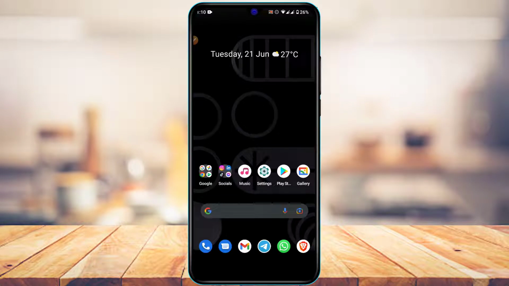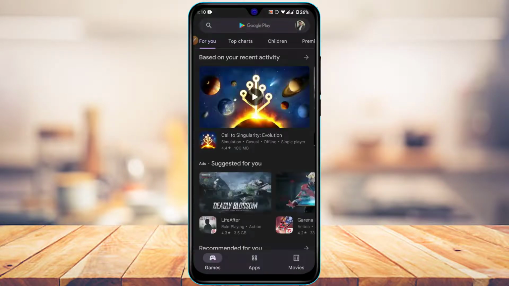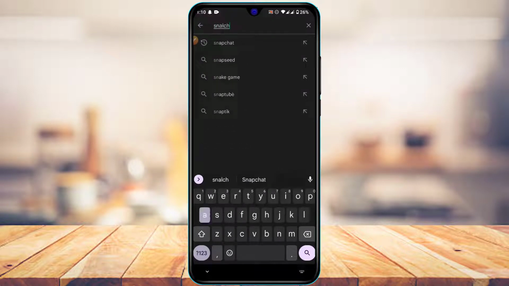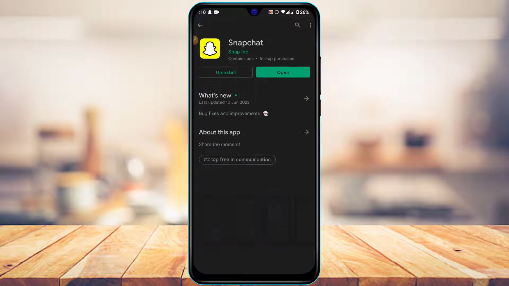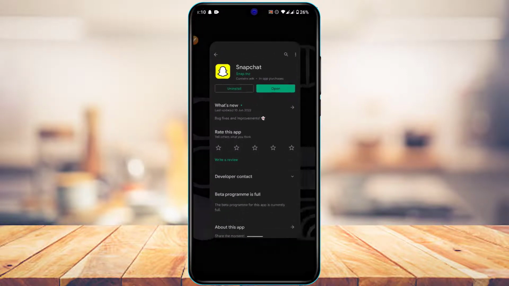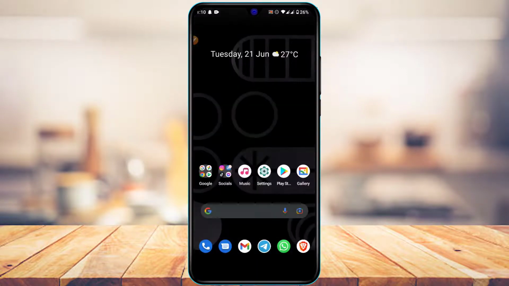The fix number one is to make sure you have actually updated your Snapchat app. So head over to your app store. In the search box you can simply type in Snapchat and then go ahead and check whether the Snapchat app has an update available or not. If it does have an update available, go ahead and simply update the app to the latest version. After we've updated Snapchat, if this works for you and you can start sending messages and snaps to others, then that is perfectly fine. If it doesn't, the other thing we want to make sure is that we want to